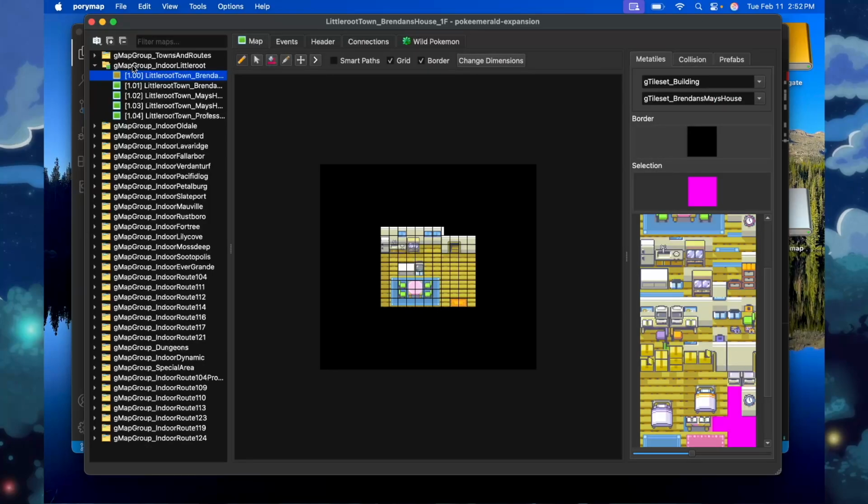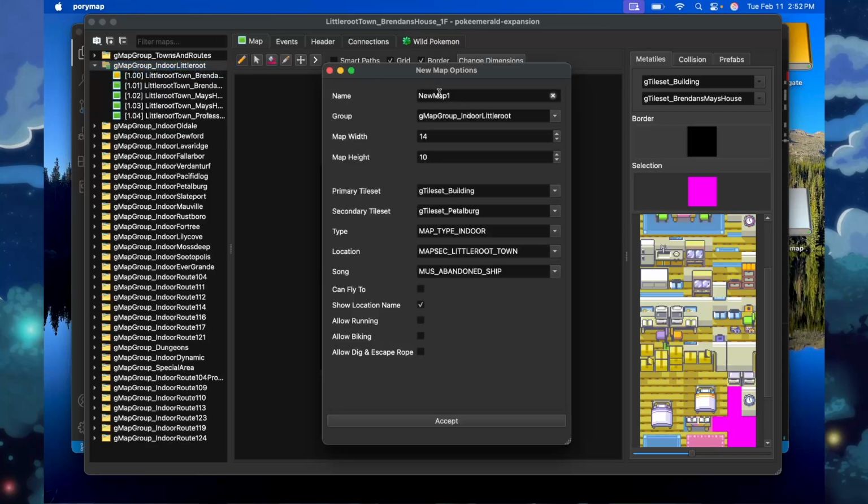I'm going to go to add a new map group again. We're going to do the town, 14 by 10, indoor Little Root. It's a building, indoor, and the music is going to be Little Root. There we go. So Music Little Root. Can we fly to? I'm not going to check here. The name,